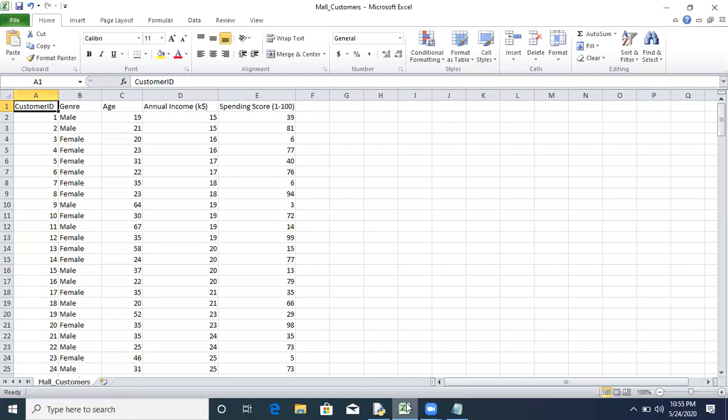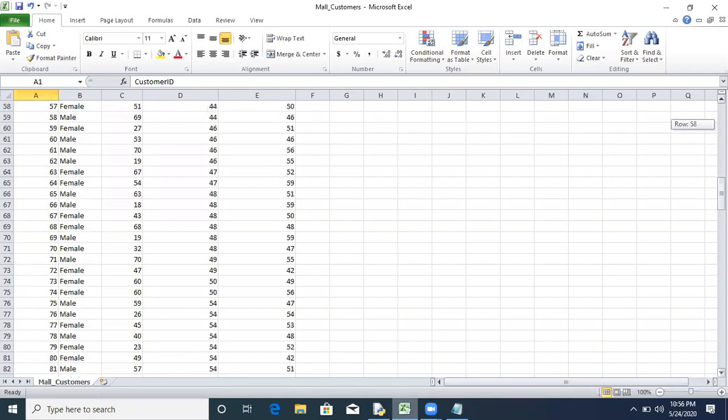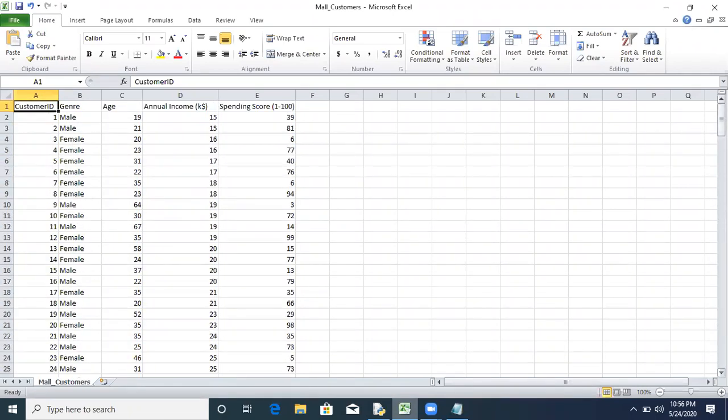Now we'll see our problem. We will observe one problem where we can implement this K-means algorithm. We have one data set. In this data set we have multiple columns and multiple rows. We want to categorize the people of this data. Around 200 rows are there, meaning the data of 200 people, and it is categorized into customer ID, gender, age, annual income, and spending score.